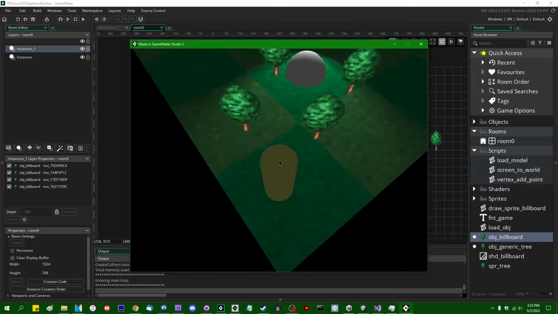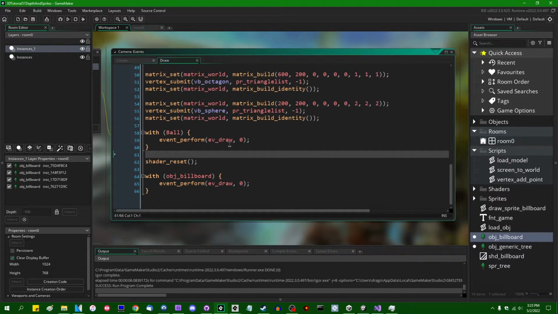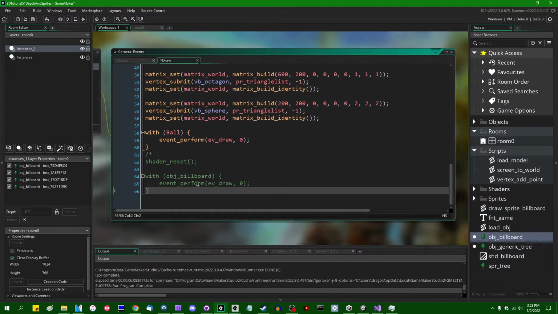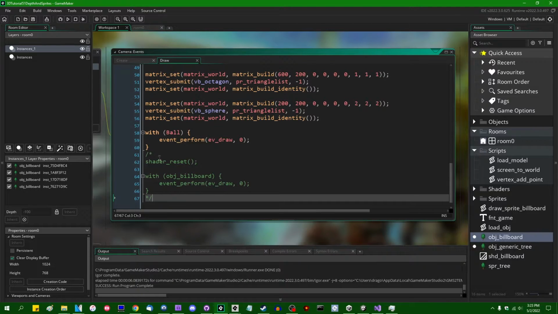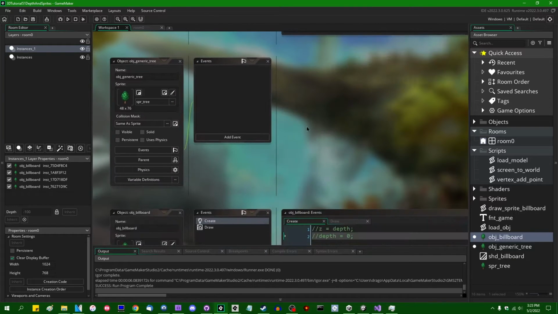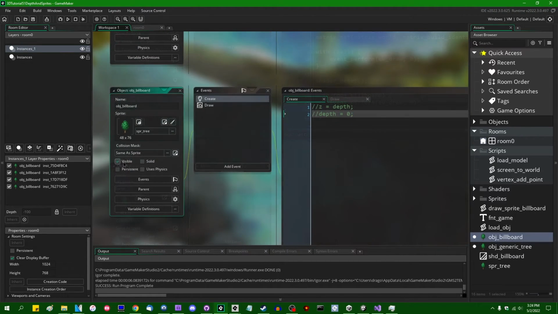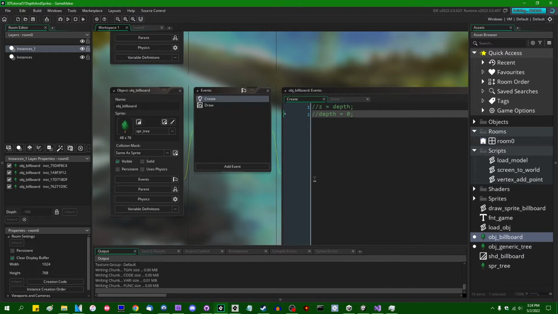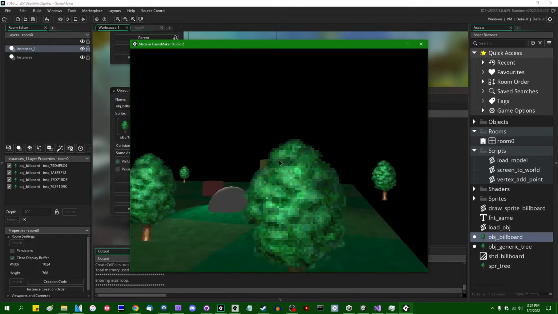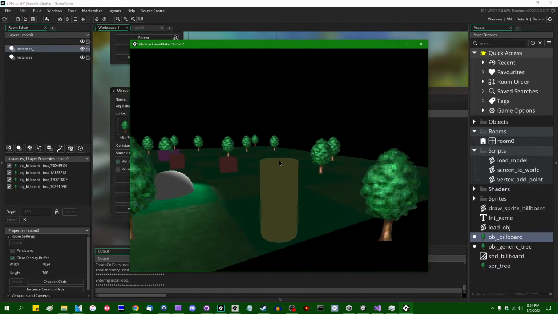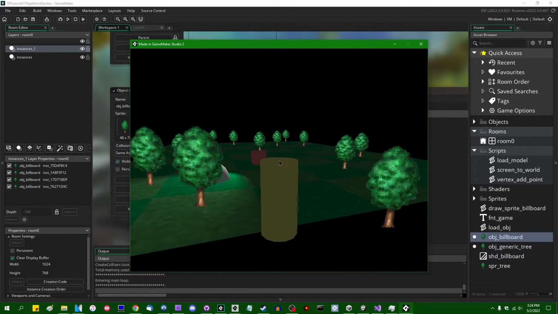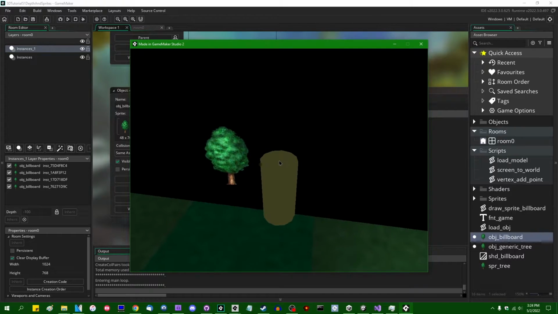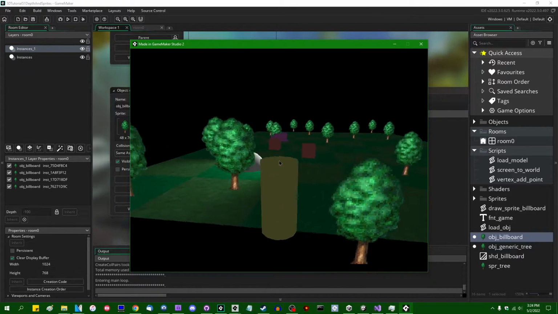But we're gonna suddenly have... Oh, you know what? They're still being drawn through the camera object. So if I were to comment out first the manually drawing of the billboard trees and turn on their visible checkbox and then run the game, we're going to be seeing that instead of standing still and rotating around the camera, rotating to face the camera the way that we would like them to, we're going to